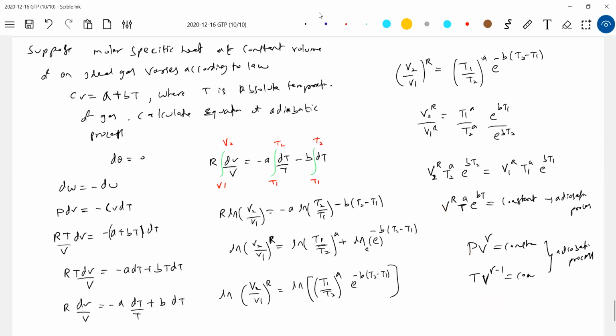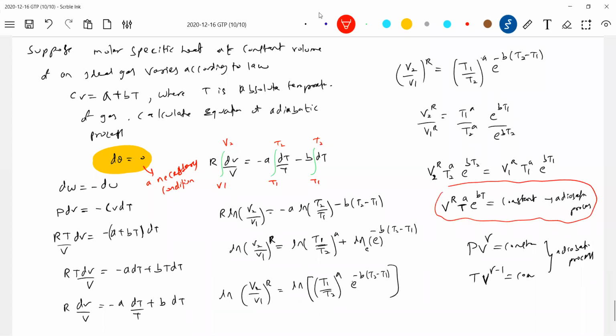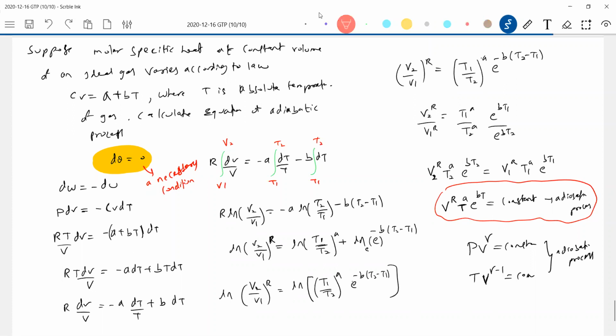What is an adiabatic process? This is not a necessary condition. The necessary condition is this one. So this is the idea. Able to understand? These are not necessary conditions. This is condition one, this is condition two. Like that, n conditions can come. So what is the necessary condition? dq equal to 0 is the necessary condition. Are you able to understand this?